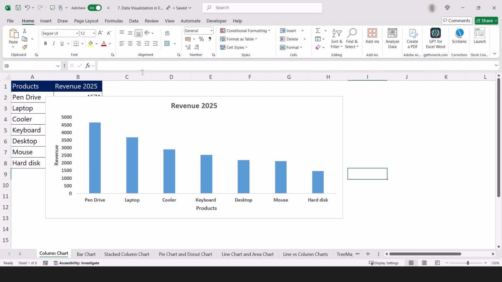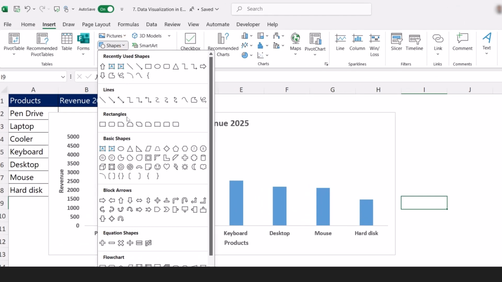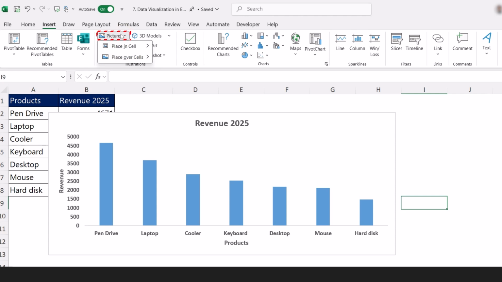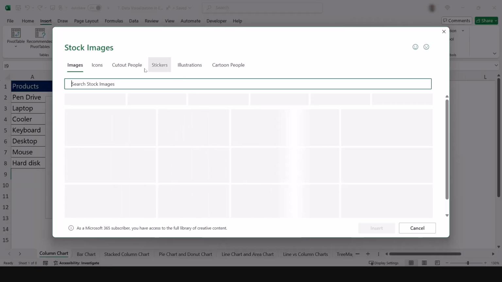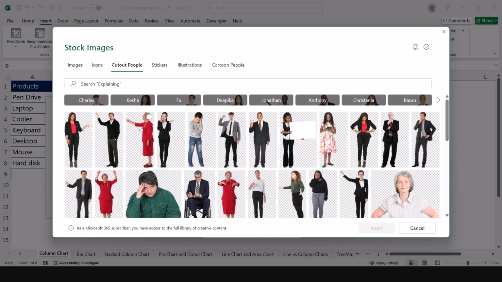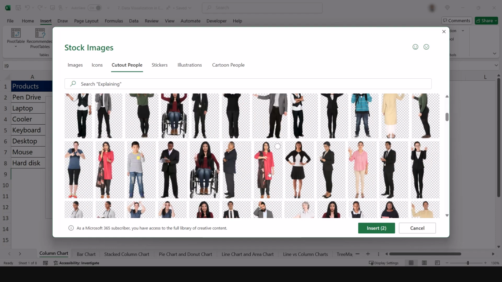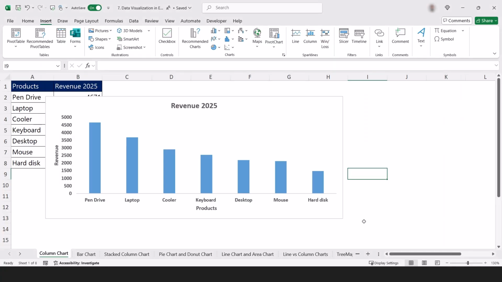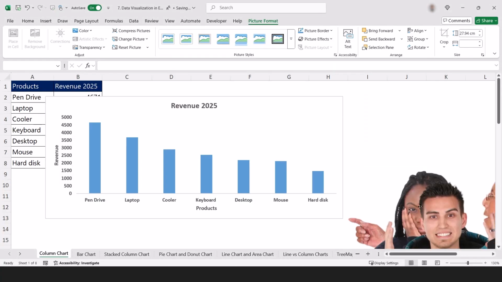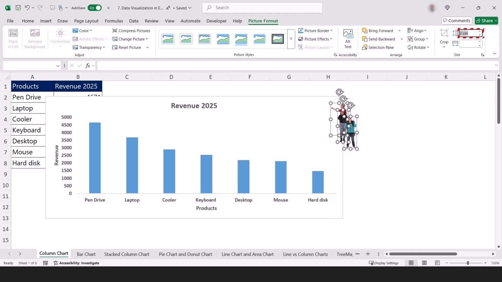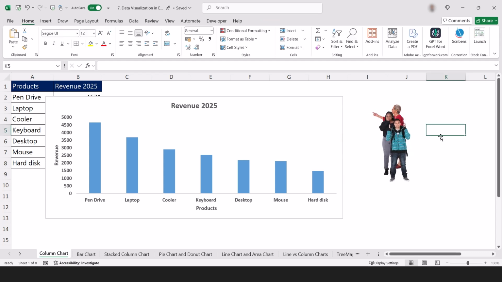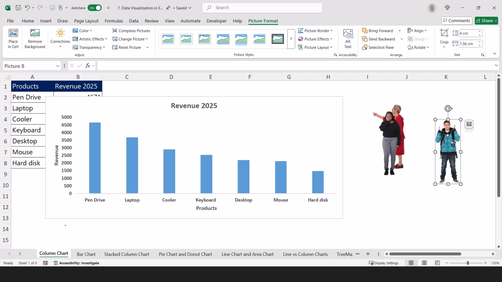Now this is a very common example, but in some companies, you can also use some pictures. So we can select the option pictures, that is the stock images, and we'll try to pick up, let's say, 3 images from here. Now we can go for cutout people. We'll select an old lady, a young lady, and then a young boy, and then click on insert. Now 3 pictures we have inserted. The size of these 3 pictures is very large. We can reduce the size to 2, and it's very small. We can make it 4. Perfect. Now here we can select and press Ctrl C.